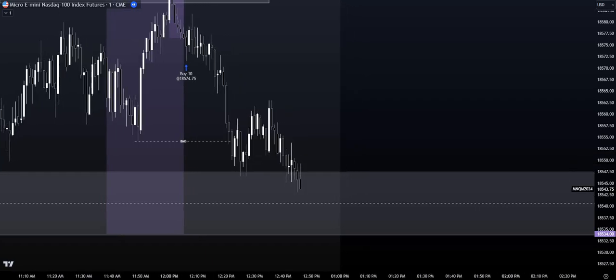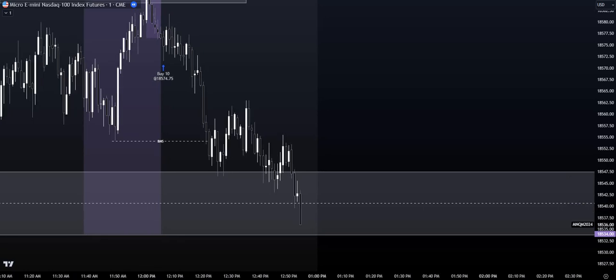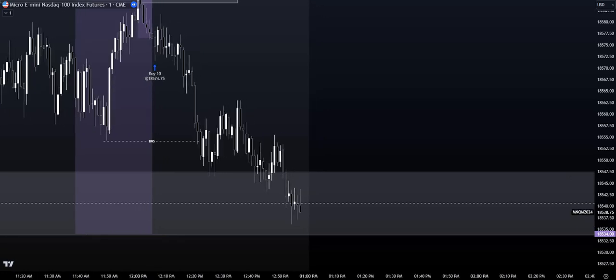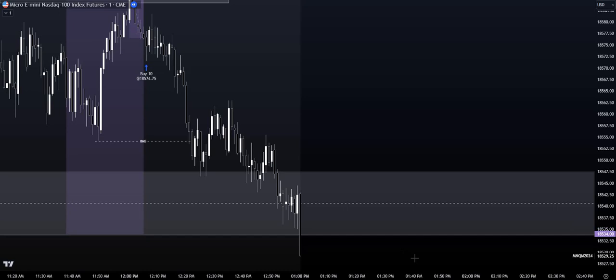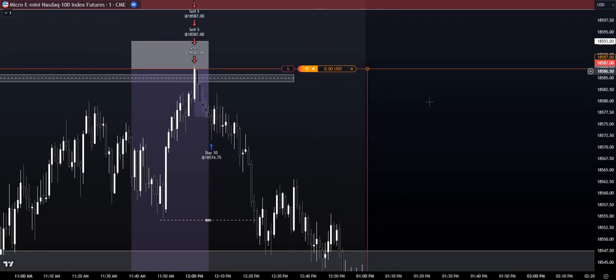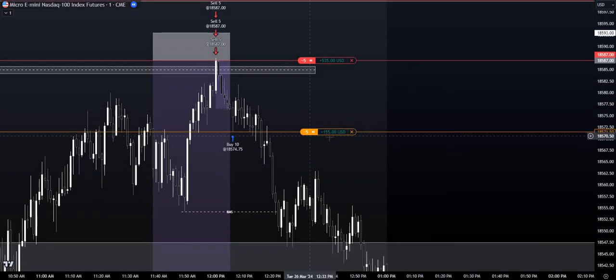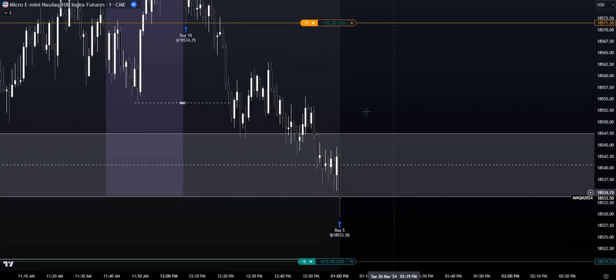So once we hit that sell side liquidity, we're going to take another 50% off. Right about right there. So we're going to buy 5 here as well. And right at this moment, we can move our stops down to our most recent partial. So if we get stopped out here, we would be up $155 still.